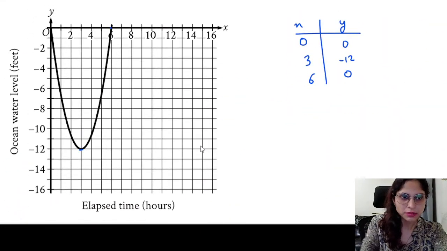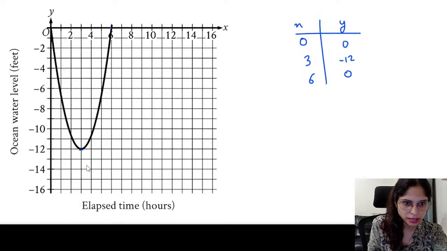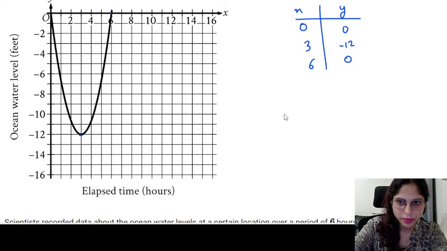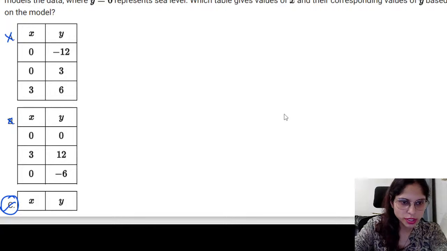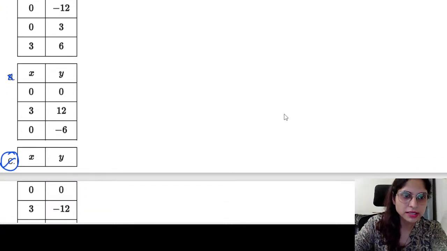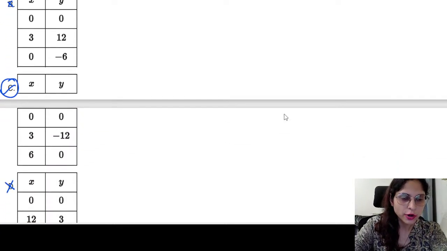So I've already made the table. At 0 it is 0, at 3 it is -12, and at 6 it is 0. So at 0 it is 0, option A is gone. At 0 it is 0, but at 3 it is -12, so option B is gone. In option C, at 0 it is 0, at 3 it is -12, at 6 it is 0, so this